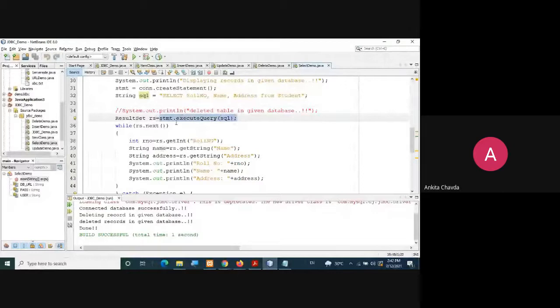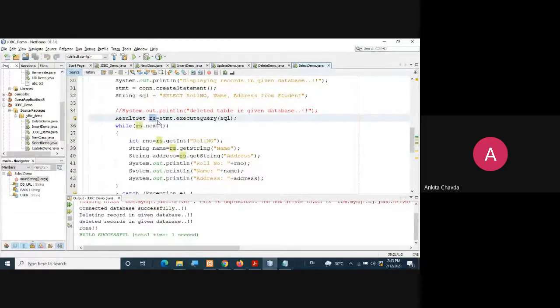because it's returning something, and if it is returning something, you need to store it somewhere. So I'm storing it in a result set object. I'm creating a result set rs equals, and for the select query it's execute query. You can even try with the simple execute and you will get to know the difference, or you have already learned this in your theory session. Now I have all my data in this object rs, meaning I can access those data with this object rs.